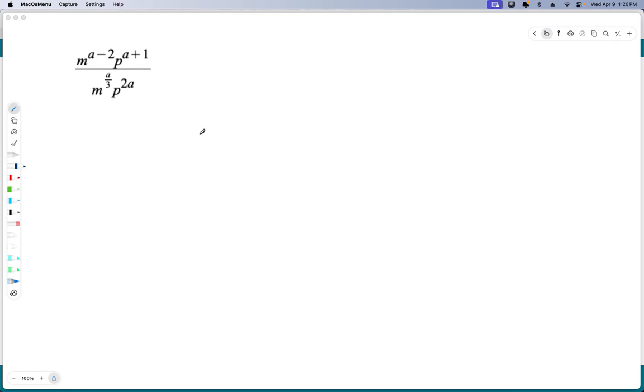All right, so let's look at the next problem. So again, we've got these values that we can separate through the operation. So I'm going to do that. I've got m^a, m^(negative 2), p^a, and p^1. We're just going to leave the 1 right there for the sake of looking at it. Now we've got m^(a) to the 3